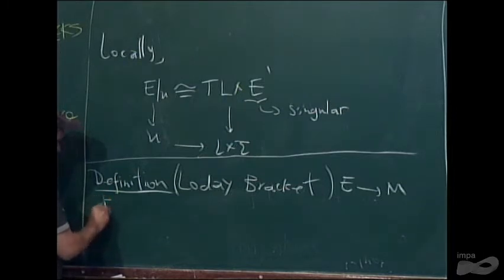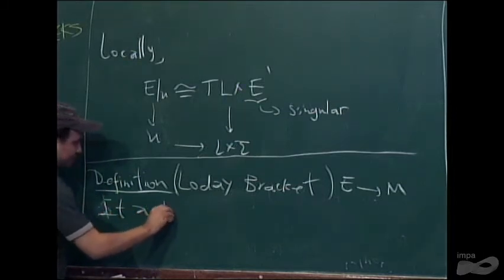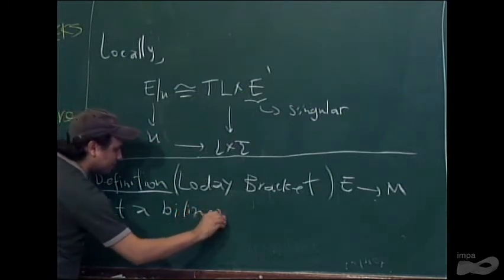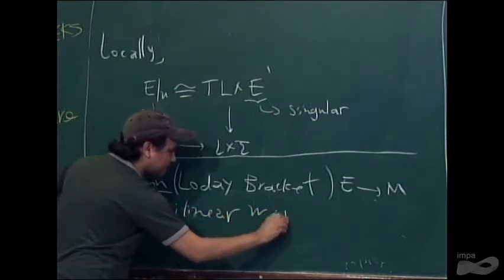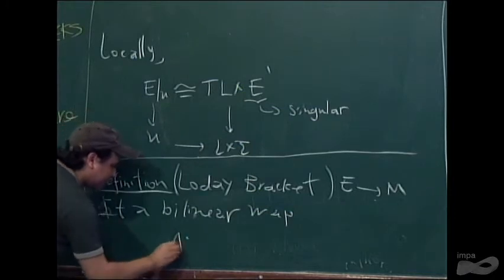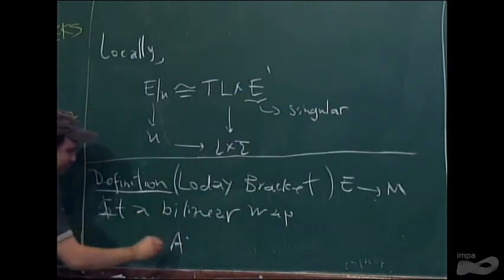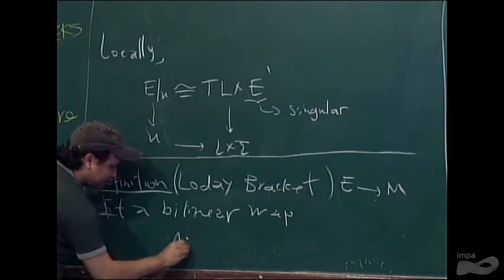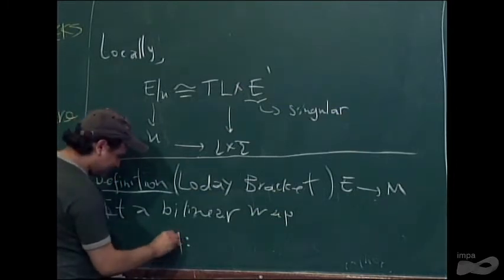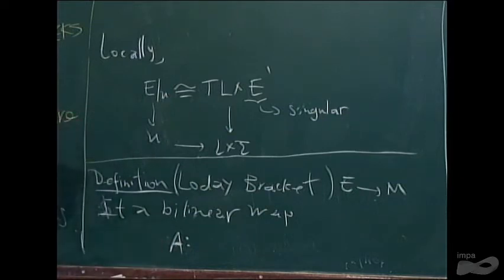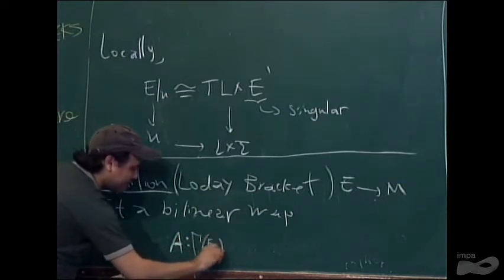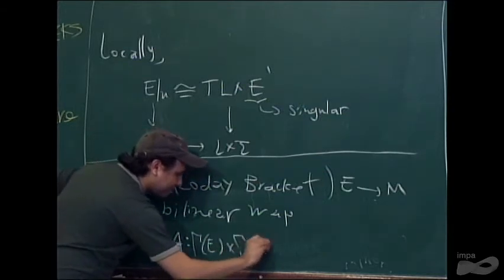So let me see. It's a bracket, let's say bilinear. I call it A instead of just putting the brackets because this is the notation I like more to use. So I'm calling the bracket A. So A is a bilinear map